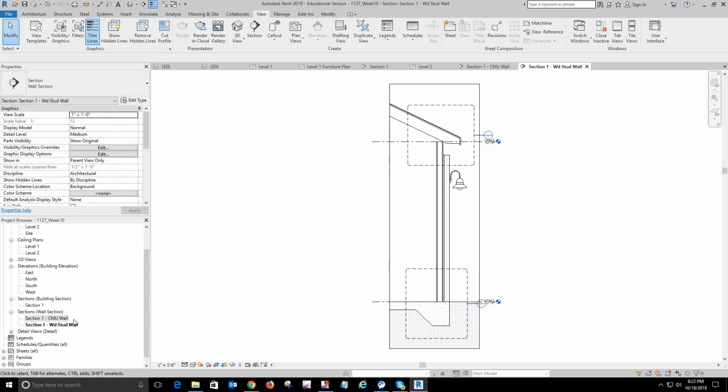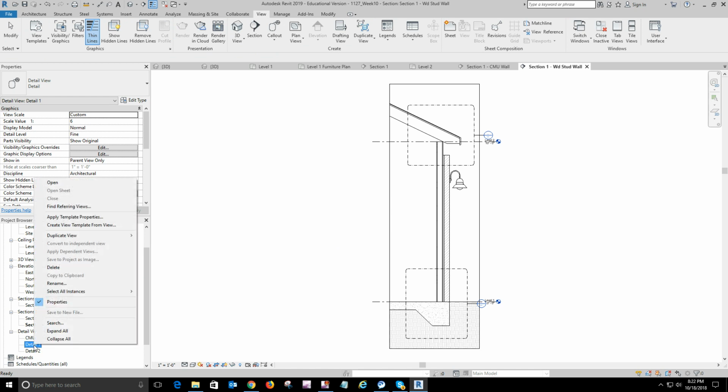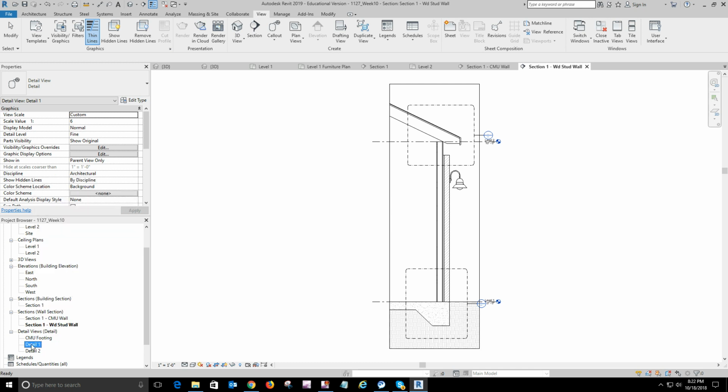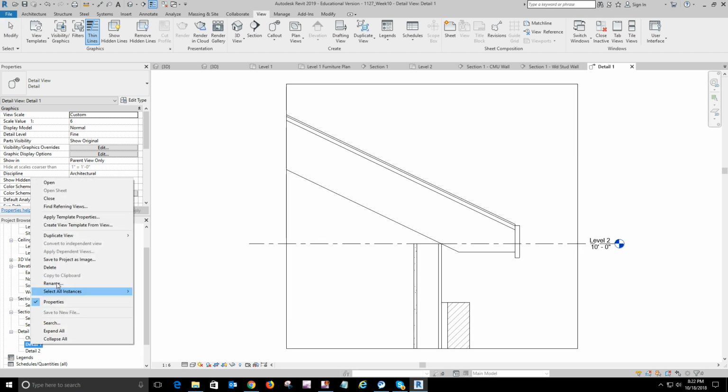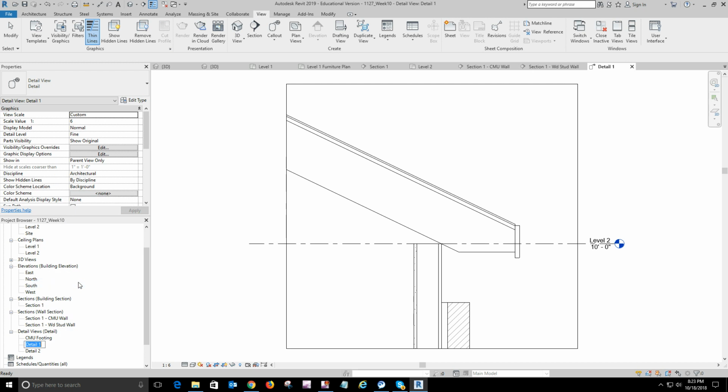Okay, and you're going to want to rename them over here. So my first one was CMU footing, or something along these lines, okay. And then stud wall footing. Okay,